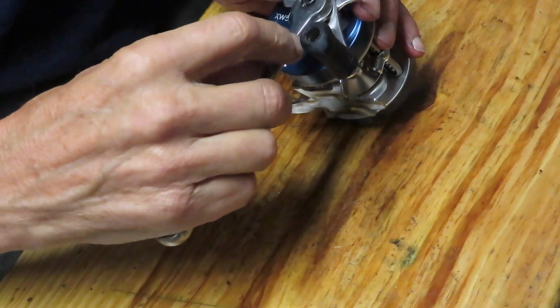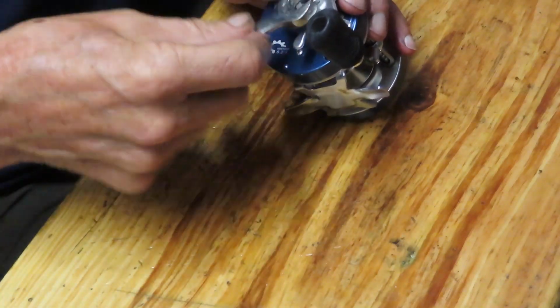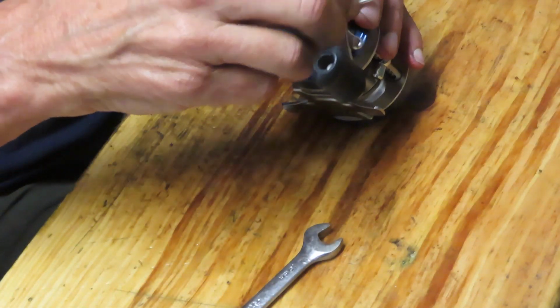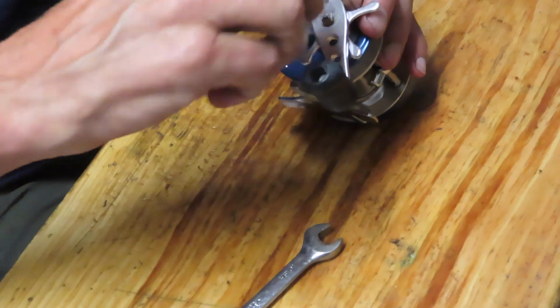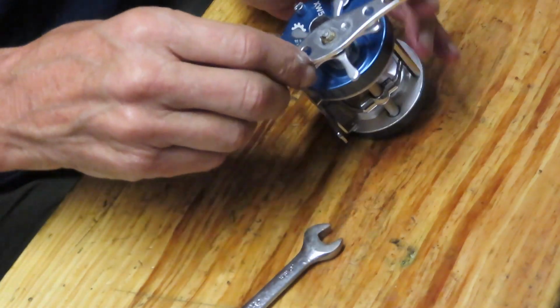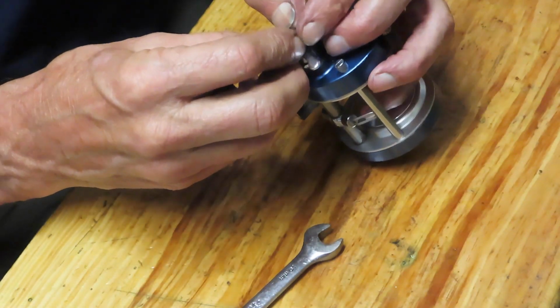Well, the first thing I noticed is that the nut cap is kind of a little bit sloppy. That's all right. There must be a clip under there. Yeah, there's a C-clip under here. It was catching. So I'm going to take the nut cap off, and then you want to remove that C-clip,